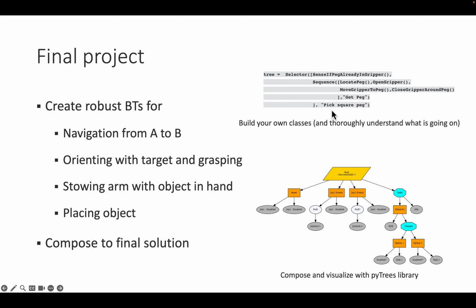The content of these classes is pretty simple. You essentially loop through your lists and then call these elements until all of them succeed, or the first one succeeds, depending on what you have. But you can also use a behavior tree library like py_trees, which not only implements these basic classes, but also